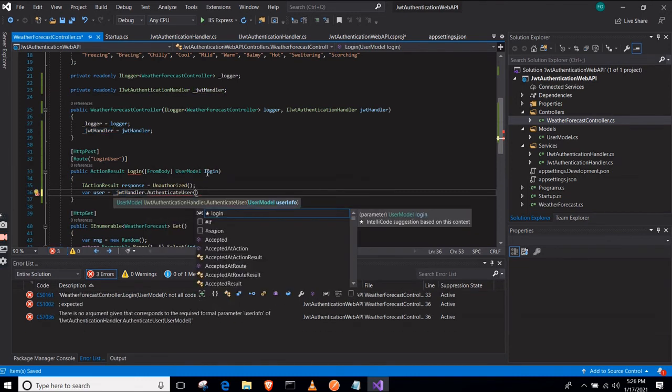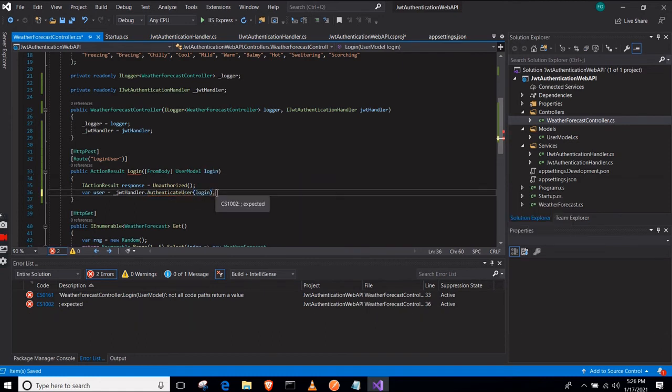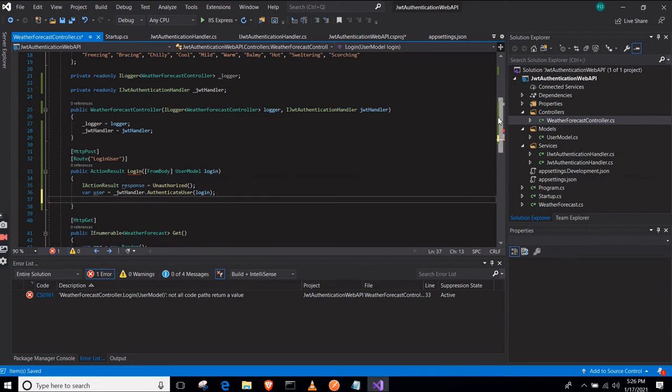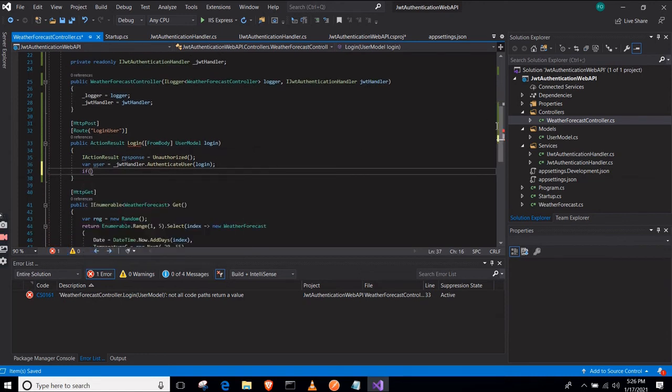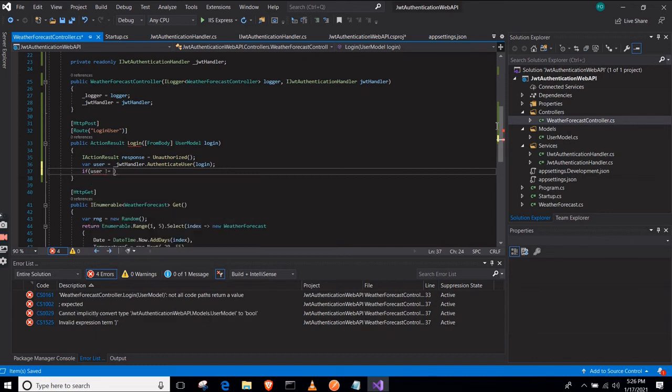I will pass in the user model that the individual calling this method passes in. So var user is the authenticated user. So if user is not equal to null,